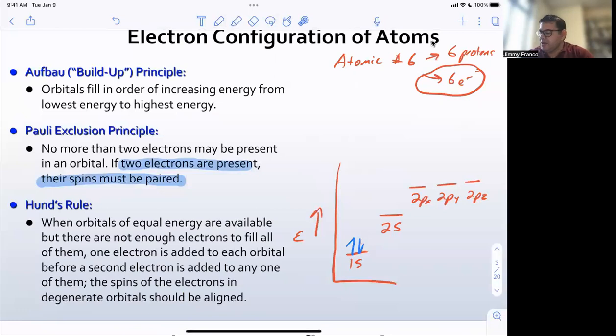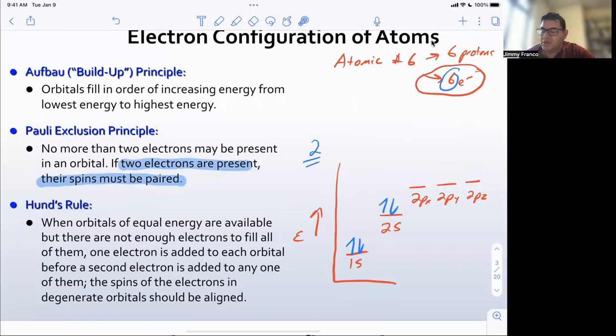All right, so let's keep going. So we have 6 total electrons. We've used 2, so we still have 4 more. So we can put 2 more in this one. Now we still have 2 left. And we want to decide what we're going to do. So we can either spread them out, or we could pair up the first one and just kind of leave